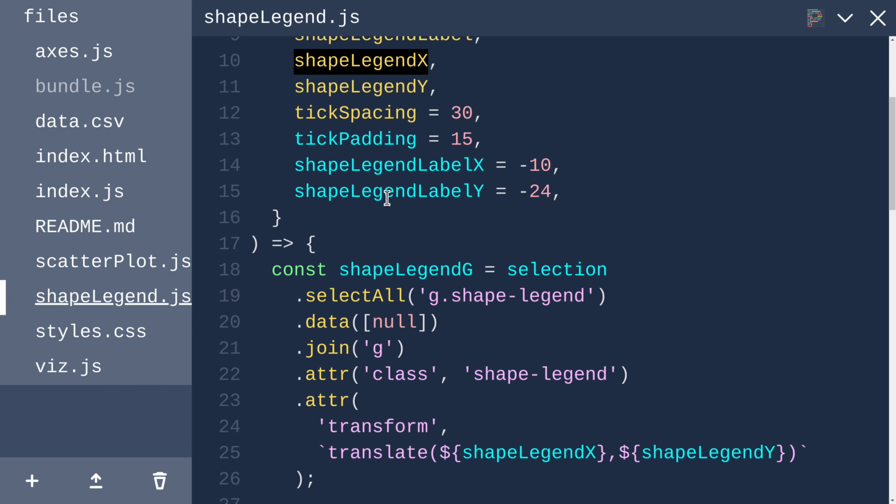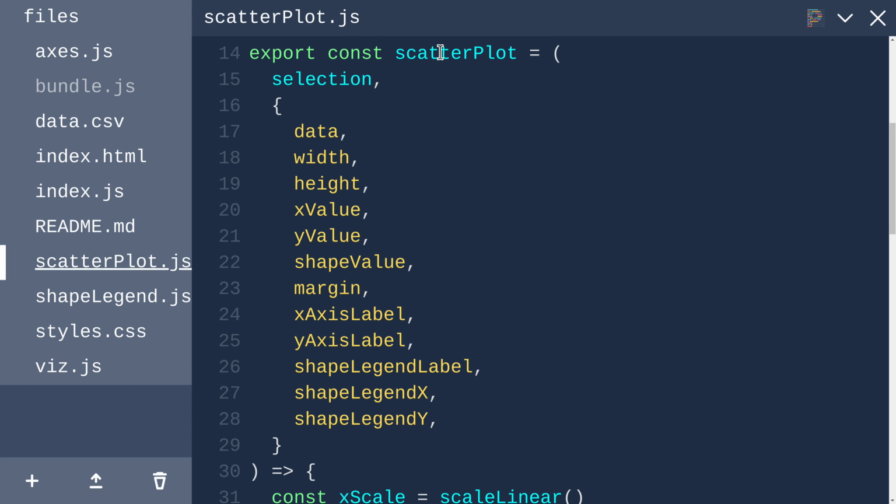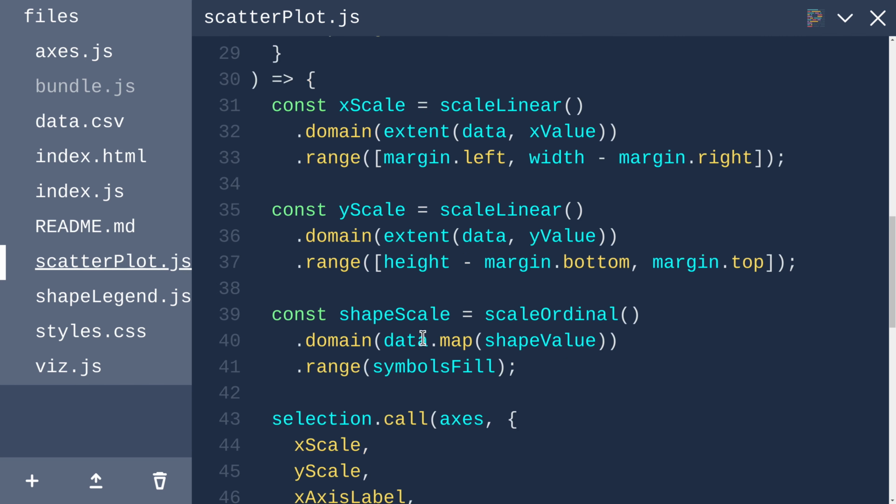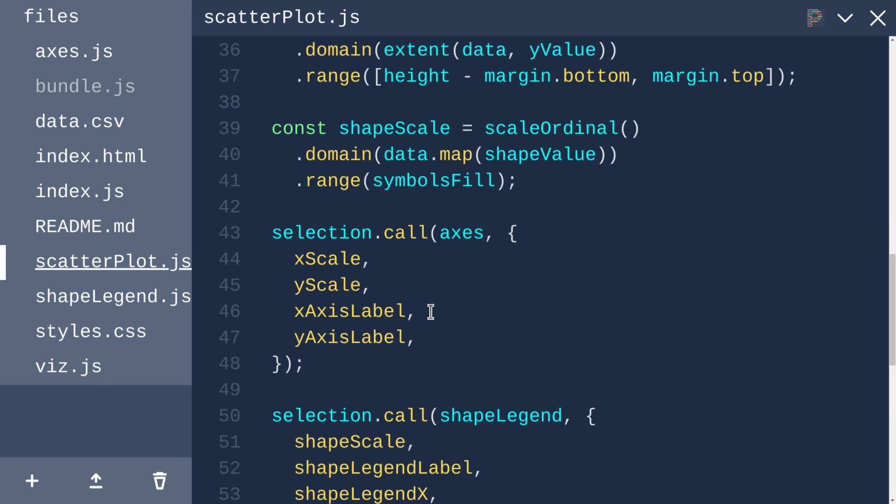Oh. So yeah, we're using shape legend X, which is coming from our options object, but is it being passed in? In our scatter plot, it accepts shape legend X and shape legend Y, but when we invoke the legend,